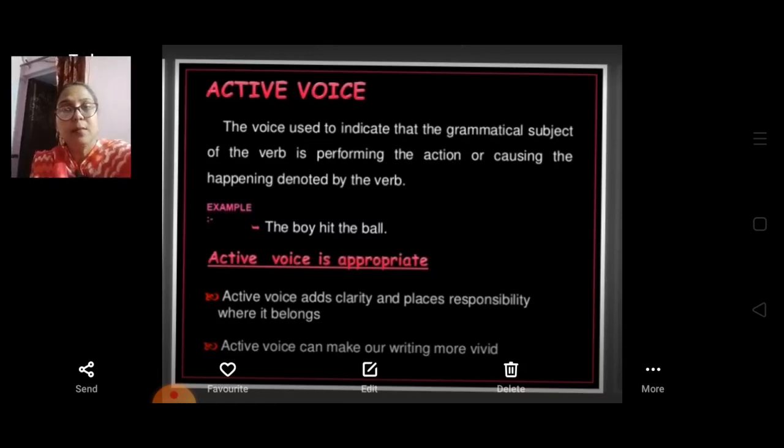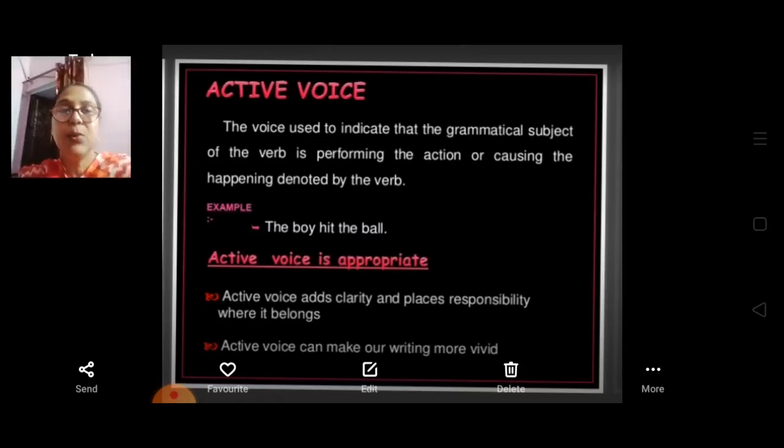But in a transitive verb, it is required to have an object always, because we should not call it a transitive verb without an object. So this rule you have to always keep in mind, that in active voice there should be a sentence which has an object. Then we are supposed to make active into passive voice. So first of all, in this